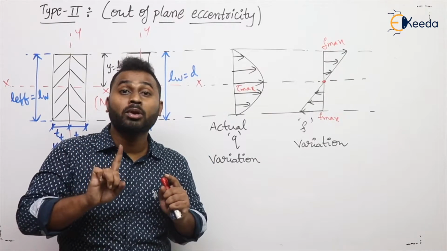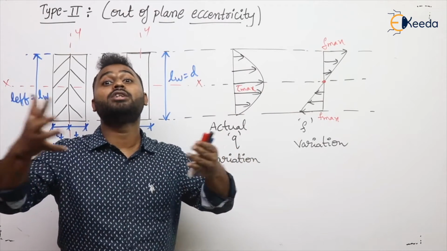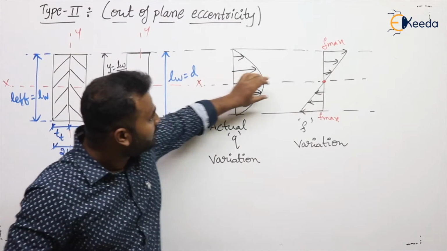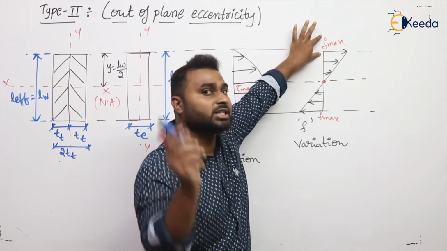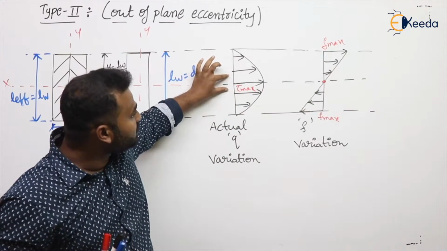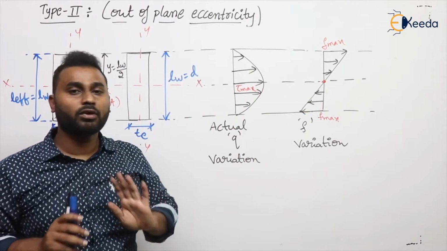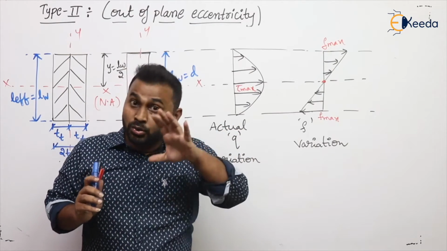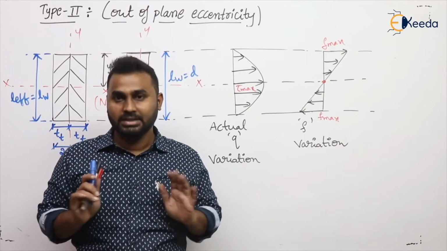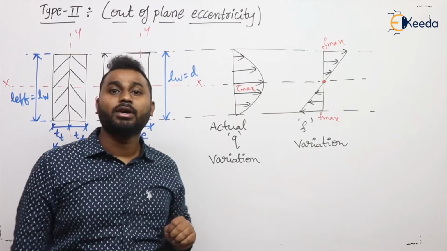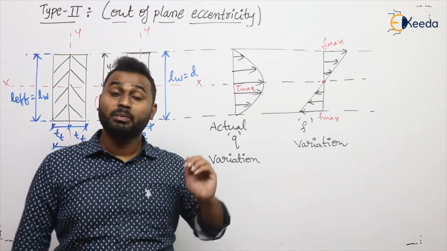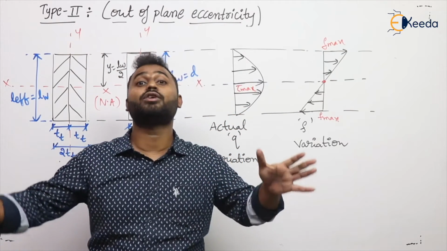Therefore, it is probably not necessary to combine these two stresses. Is that clear? Why? Because the maximum normal stress is occurring at the extreme fiber, whereas the maximum shear stress is occurring at the center. Therefore, it is not probable to combine these two stresses. Is that clear? However, the code prescribes the expression for combination of the two stresses.